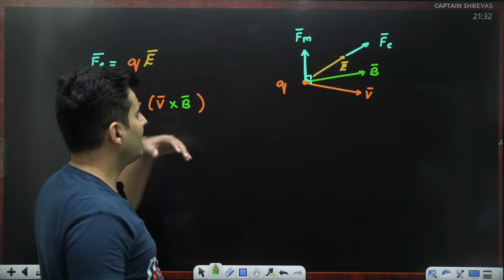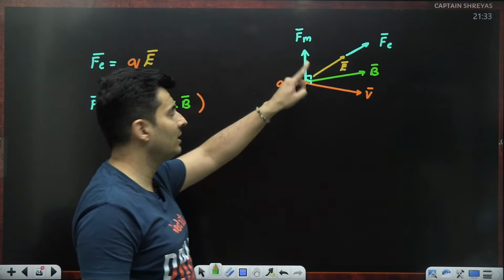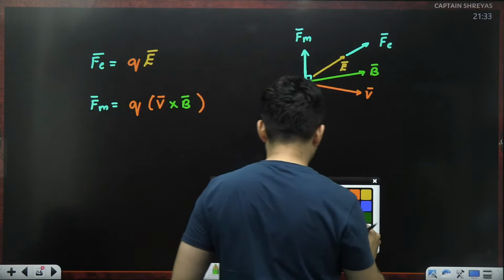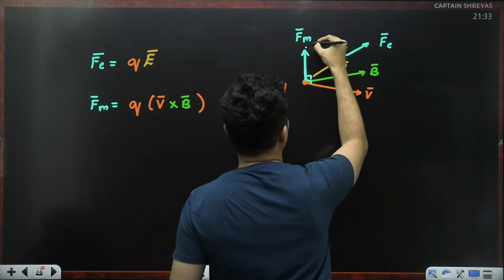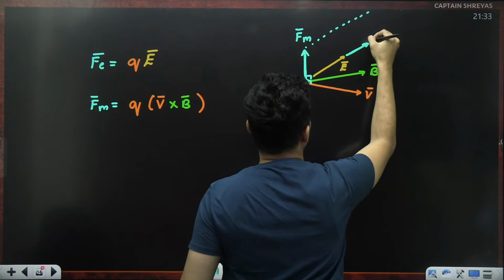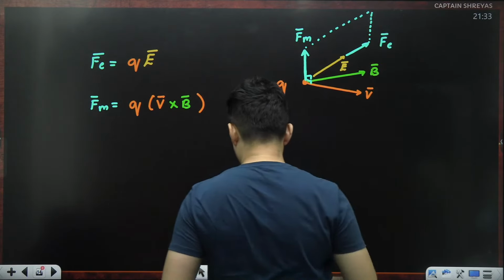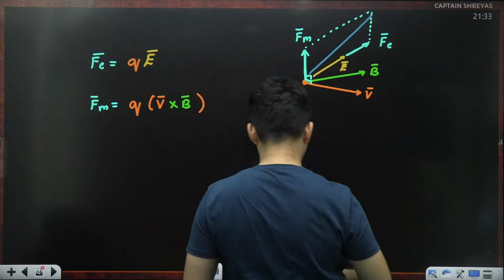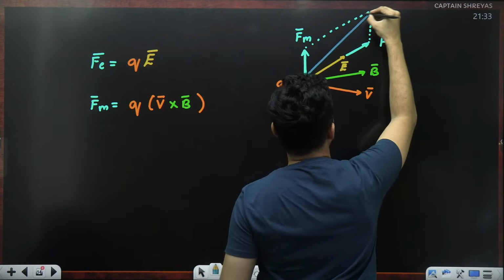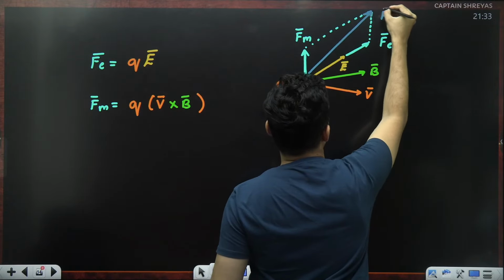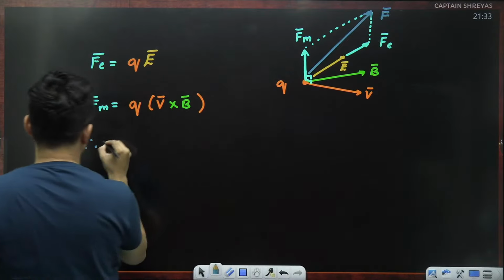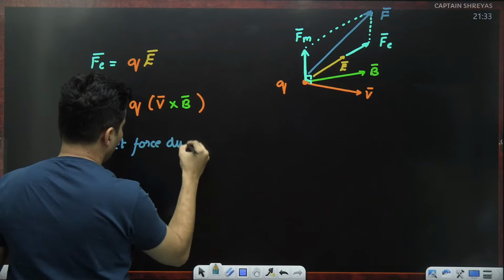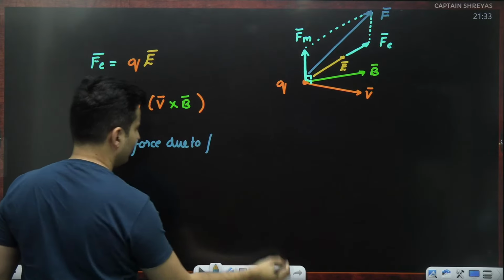So what will the charge end up doing? Will it listen to this or this? Rather, it will listen to both, and you will see that if you use the law of parallelogram of vectors or triangle law or whatever you want, and then you find the resultant, this whole thing, this is the resultant, guys. That is the net force. So it will experience net force due to both the fields,